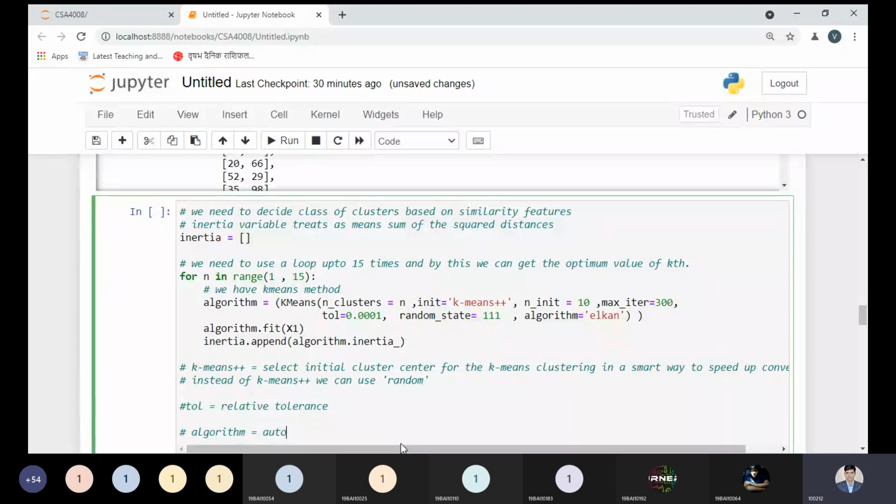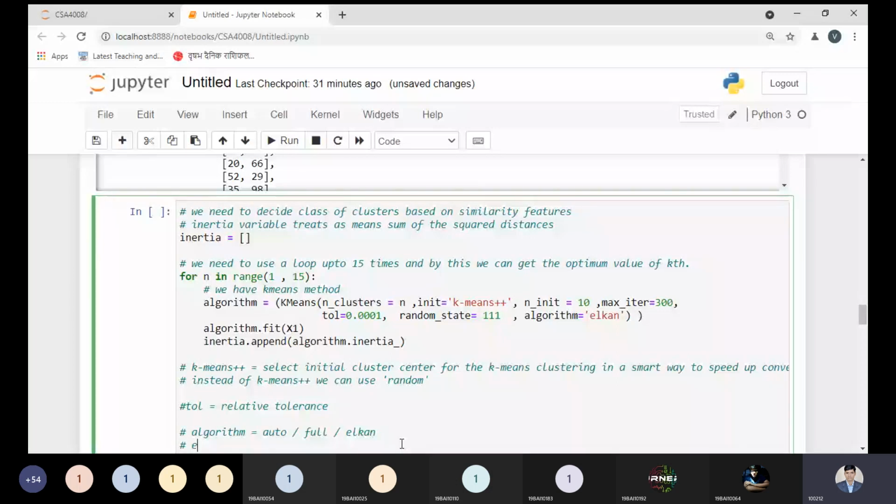So you can choose auto, or you can choose full, or elkan. So elkan, if you choose it, decides the variation that is more efficient on the data. It is a more efficient way to well define the clusters by using the triangle inequality. So that is the point we need to keep in mind. That is the beauty of elkan.